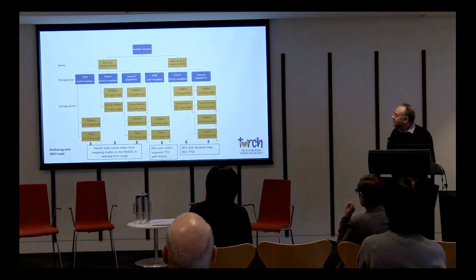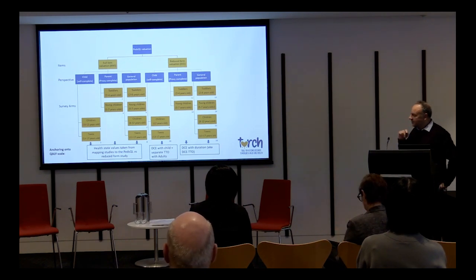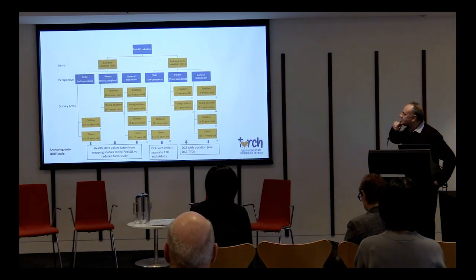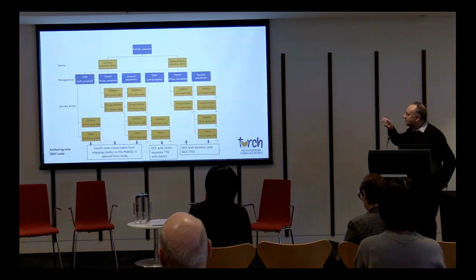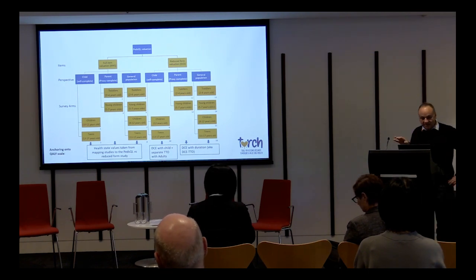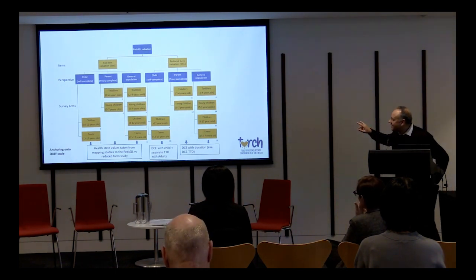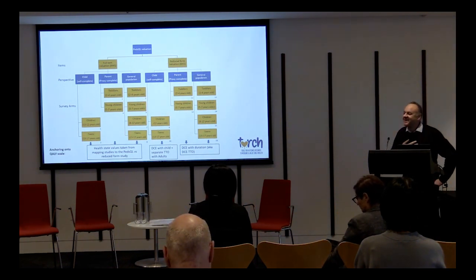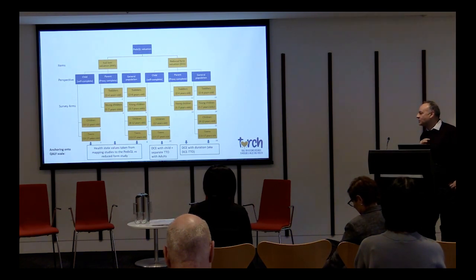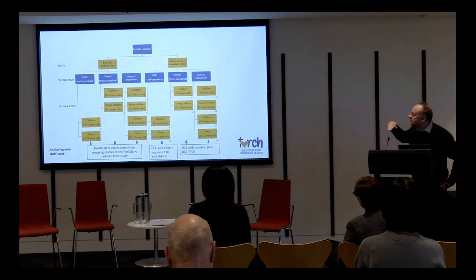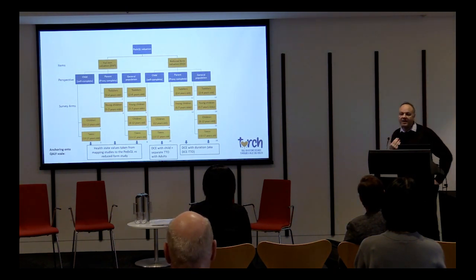So just to remind you, this is the slide that Elizabeth presented earlier, or a slight variation of it. So within Torch, we're going to generate a number, I think it's 16 different value sets for testable health states. And those value sets will differ depending on the valuation protocol that they've derived using the